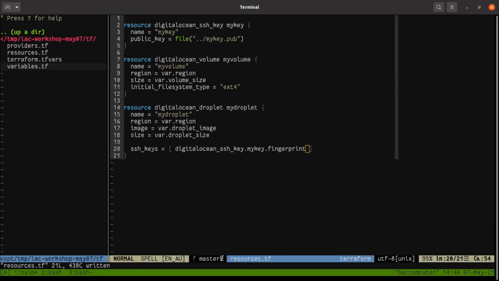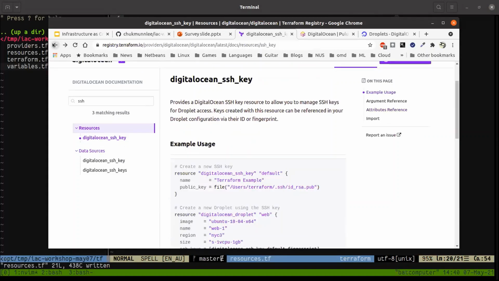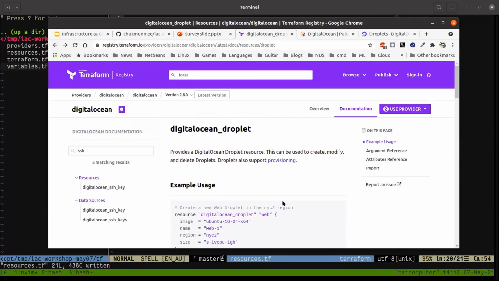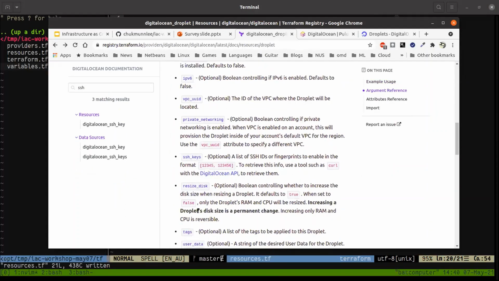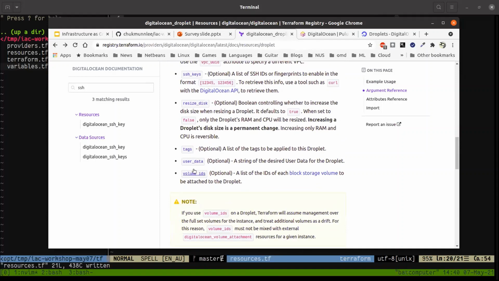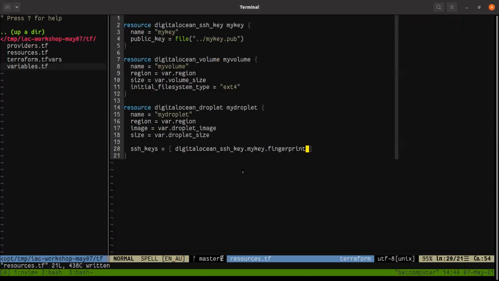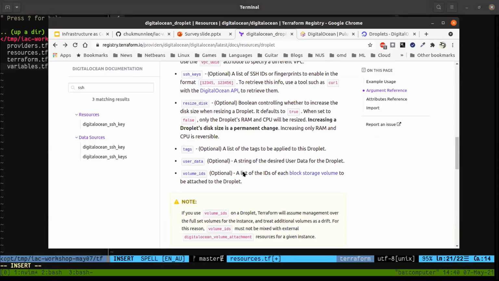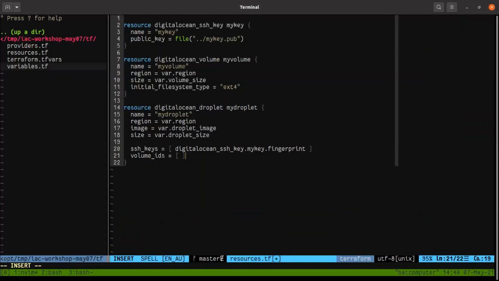Okay. The next thing that I'm going to need is the volume IDs. That's the volume that I will be attaching to the droplet. So that's the volume on top.